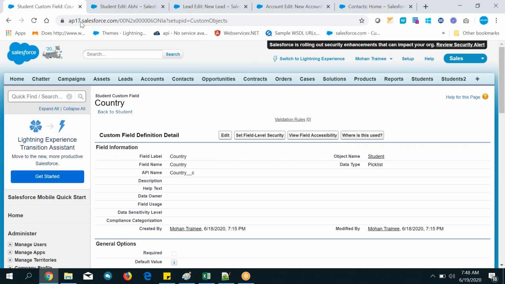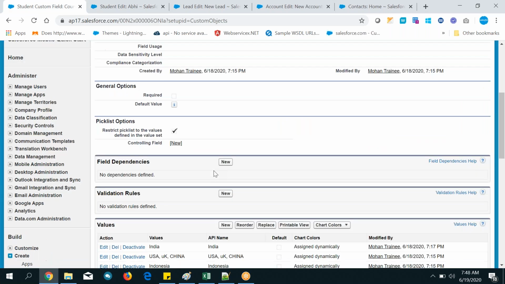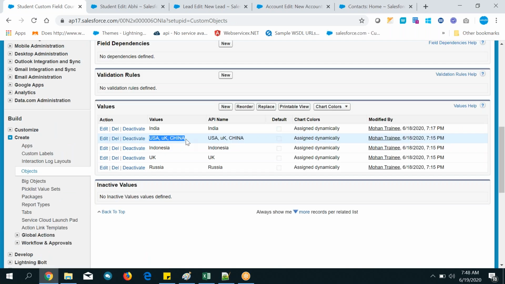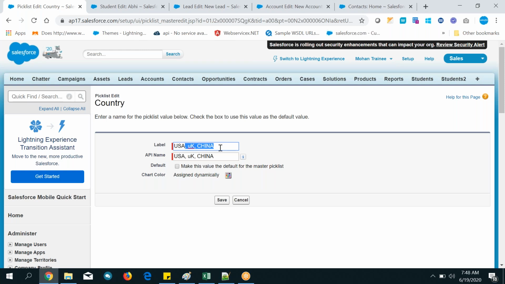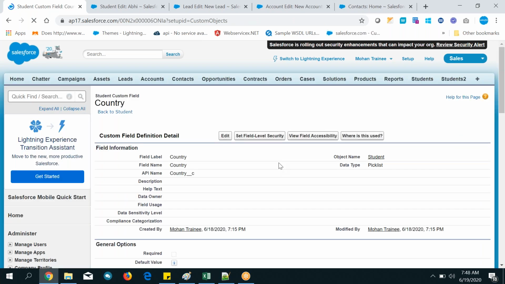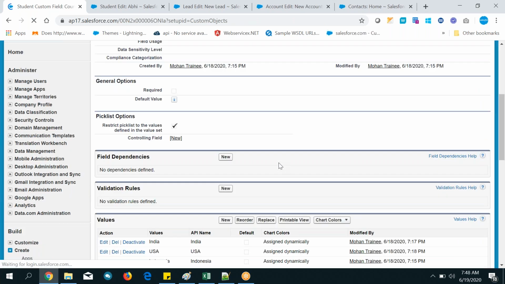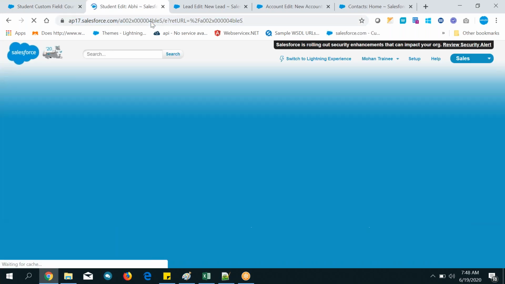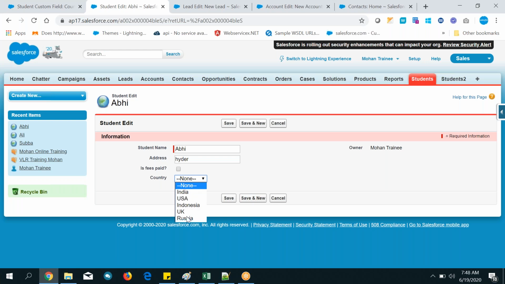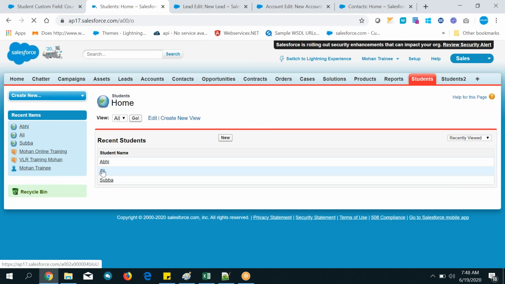Now go back to the field again and change the other field also. This field I want to change, make it the right way. So edit this one, remove all these things, and save it. Now you can see over here, perfectly fine: USA, Indonesia. Now just refresh the record. You can see that it is reflecting, not only on this record, but in all the records it will be displayed.